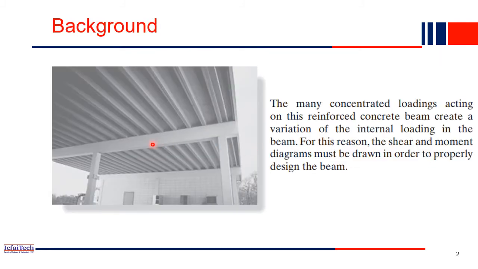So what exactly do we have to do here? If you see, this is a slab resting on these small secondary beams. Whatever load is coming from this slab will first be transferred to these beams, which we call secondary beams. Now this secondary beam is also resting on this girder, right? This is a concrete or steel girder depending on the structure. Here maybe it is a concrete girder. So these secondary beams are resting on this primary beam.